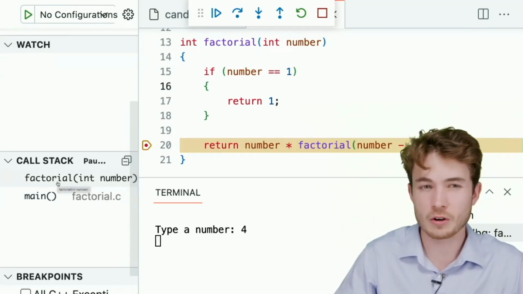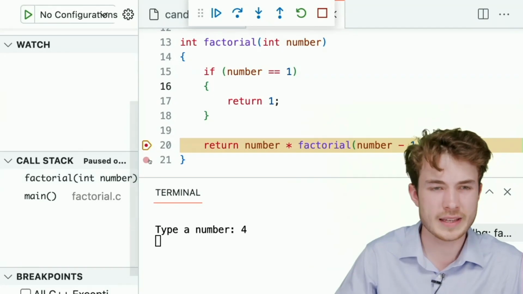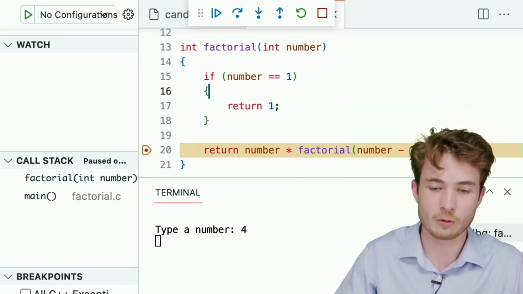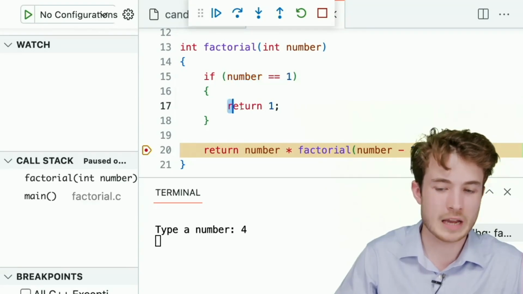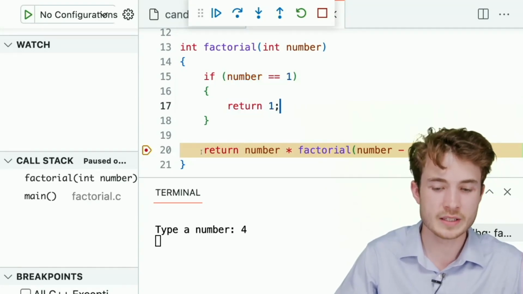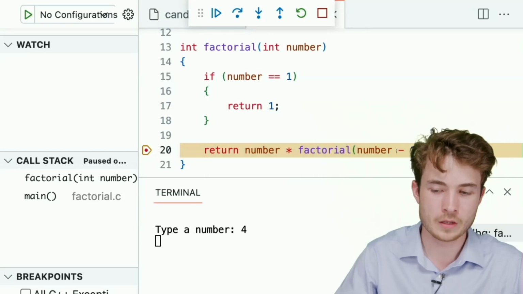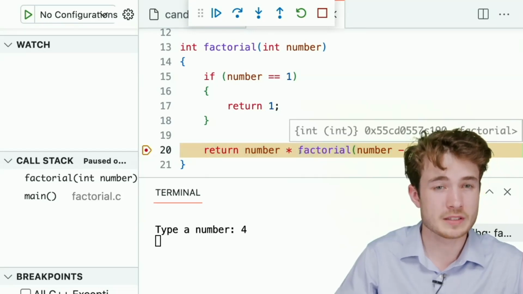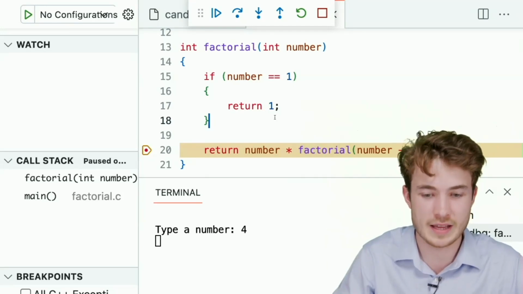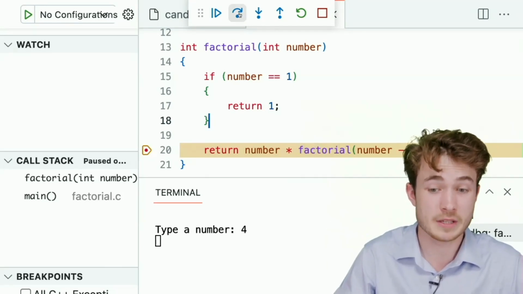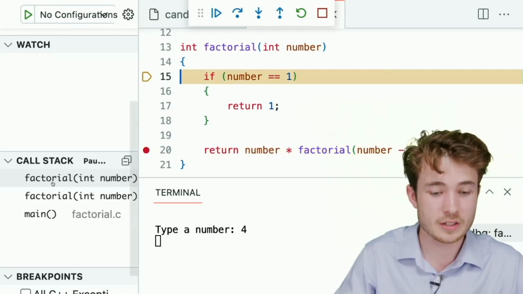But we still need to call factorial again, because if we go in here, we see that number is not 1. Number is 4 right now. It's not 1, so we can't return 1. We'll instead need to do this line of code. But we can't solve this line of code until we run the factorial function again with a number 1 less than that. So what we'll do is we'll step into this function, factorial, and now see in our call stack,